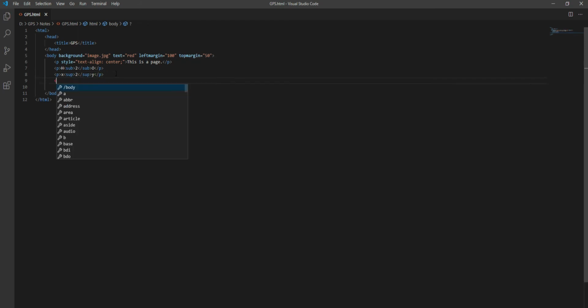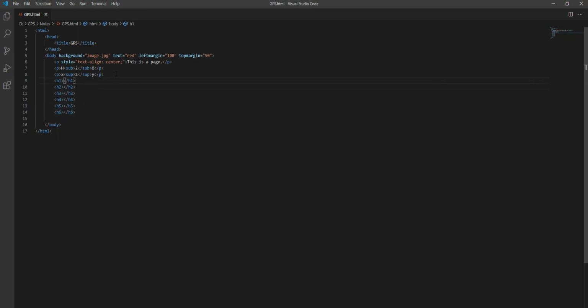The first one is H1, the second one is H2, the third one is H3, the fourth one is H4, the fifth one is H5, and the last, the sixth one, is the H6 tag.